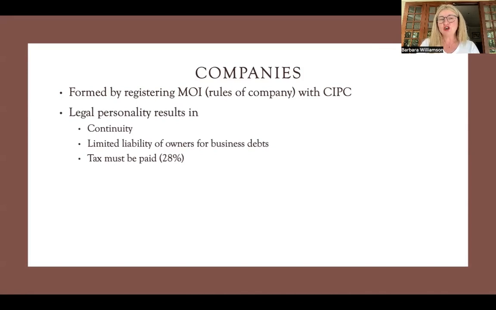If a business has its own legal personality, it means that the business will have continuity. So a company will not suddenly stop operating just because the ownership changes. It means that the shareholders can sell their shares to other people and the business will continue in exactly the same way. Unlike for a partnership where a partner retires, although the business might practically continue operating, the actual legal partnership would dissolve and have to be reformed. So that's what we mean by continuity.